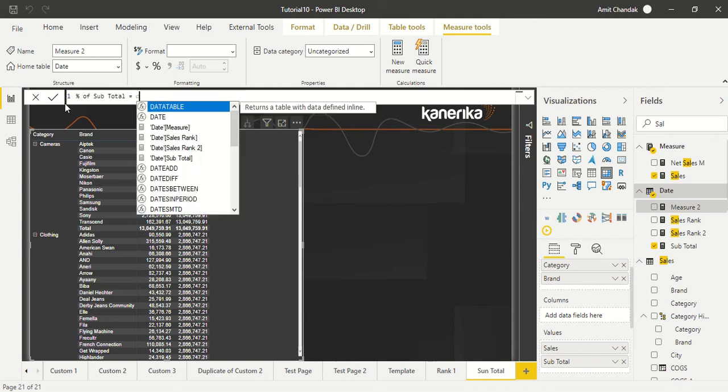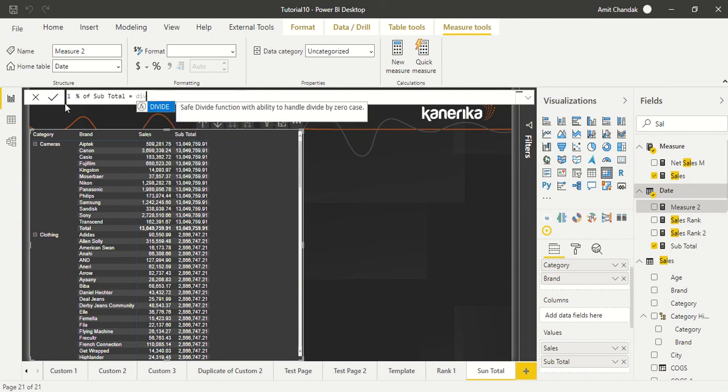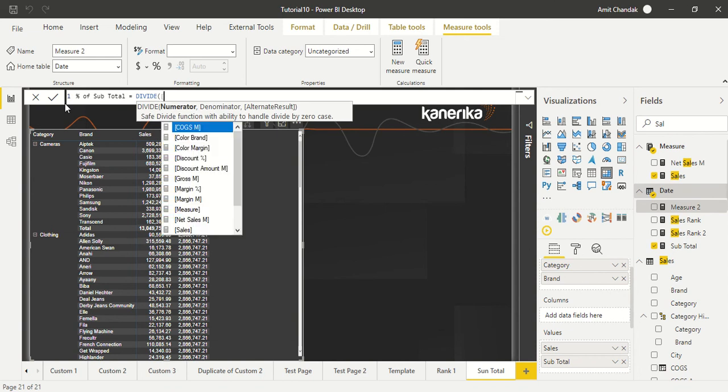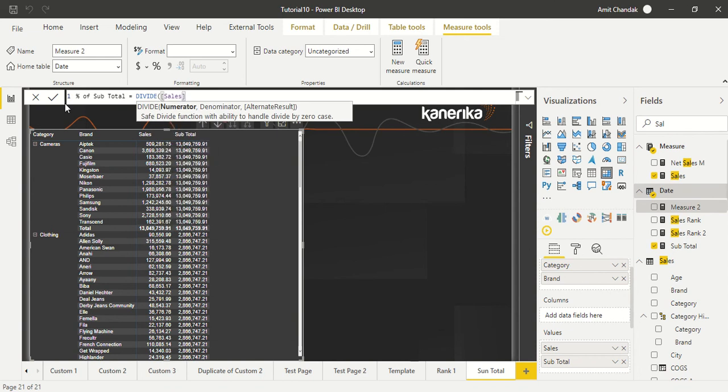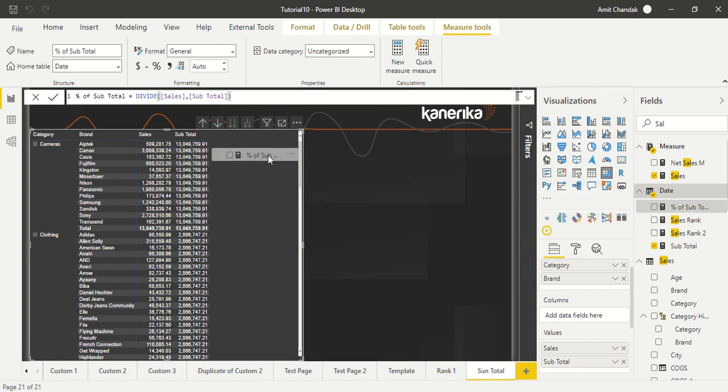New measure, and we are going to use divide so that we don't have to handle the divide by zero error. The first measure we take is sales, and we want to divide by the subtotal, not the total, the subtotal. So we take subtotal as the second measure, and this is the division we have done. Now we got a new measure, percentage of subtotal, and we add it here.